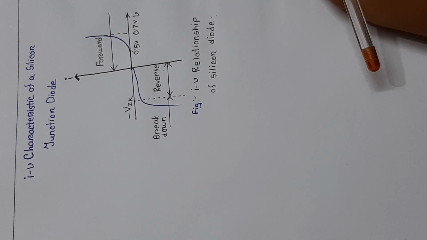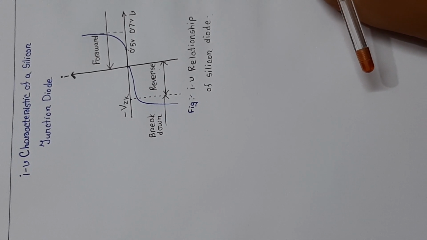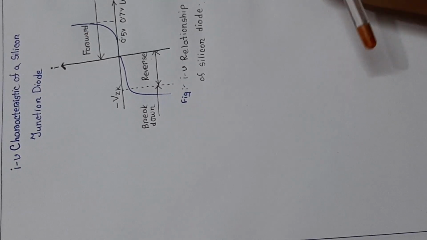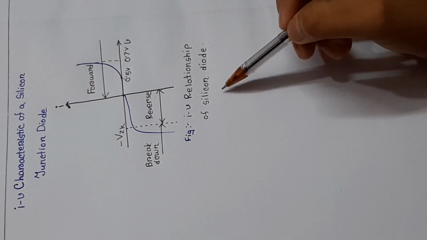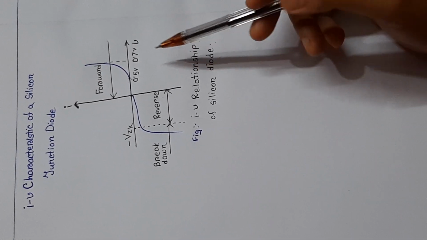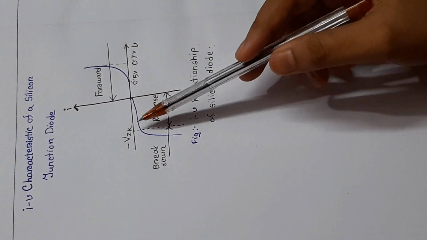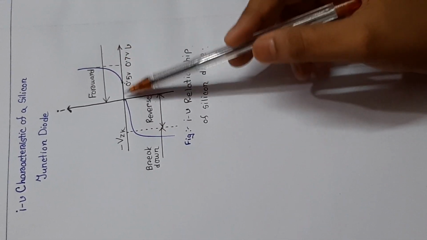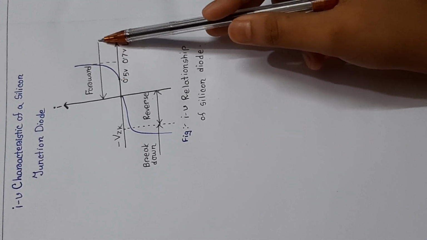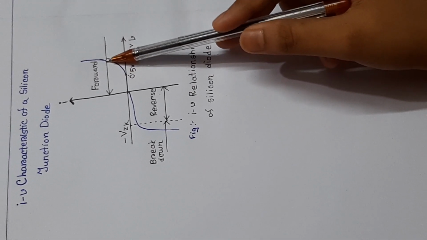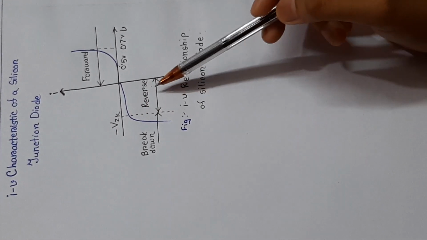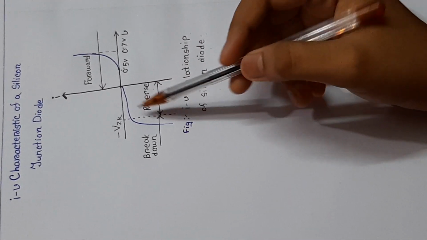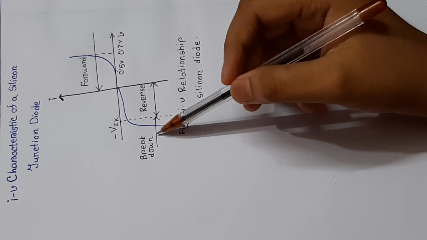I am going to describe the IV characteristic of a silicon diode junction. This is the IV relationship of a silicon diode. There are three parts in this graph. From this region to this is the forward bias region. From 0 to minus VZK, this region is the reverse bias region, and below minus VZK it is the